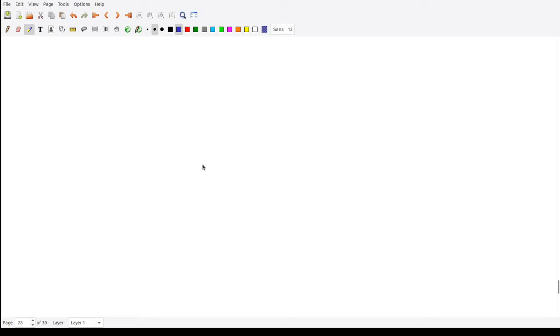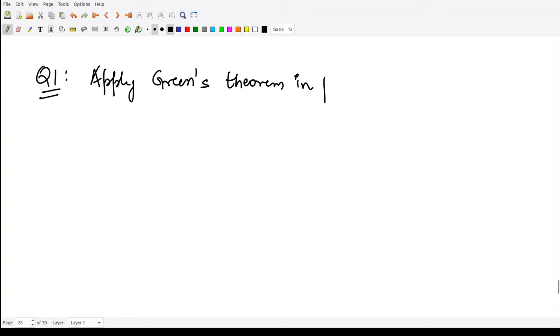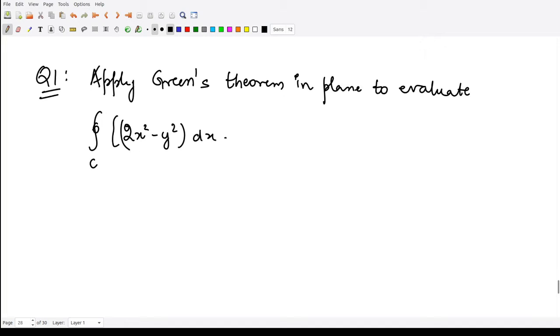So let us see our first problem on Green's theorem. So our question first is, apply Green's theorem in plane to evaluate the closed integral over C of the quantity 2x square minus y square dx plus x square minus y square dy,